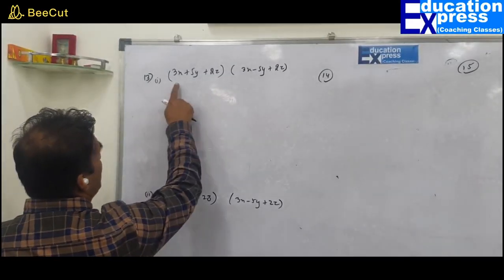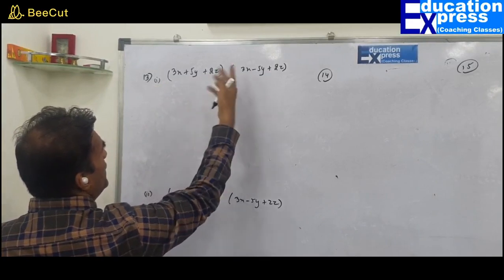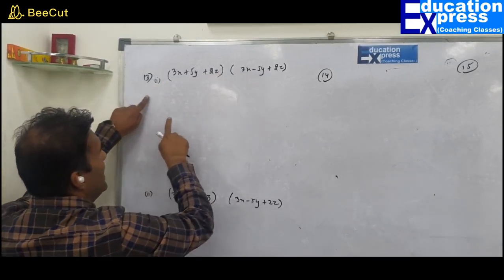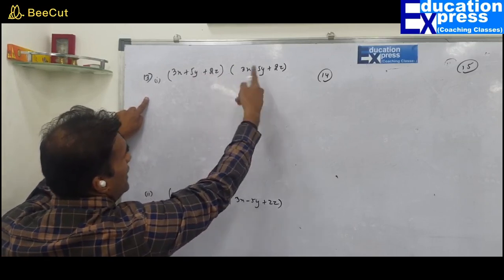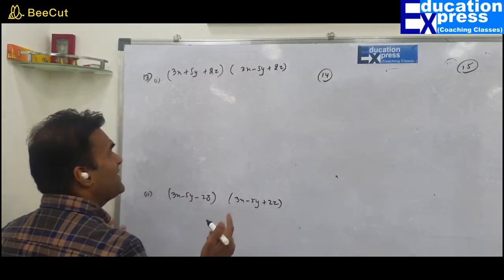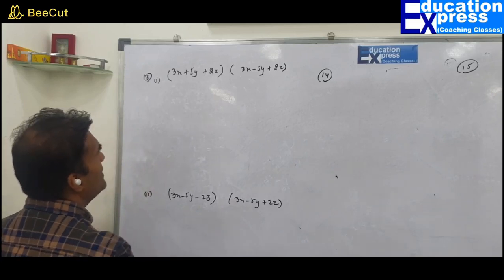Question number 13, sub question 1. I want to find the product of these two numbers. You can do it by mere expansion: 3x into the whole thing plus 5y into the whole thing plus 2z into the whole thing. Accepted. But in case you want to do it a little more smartly, what you can do is, there are